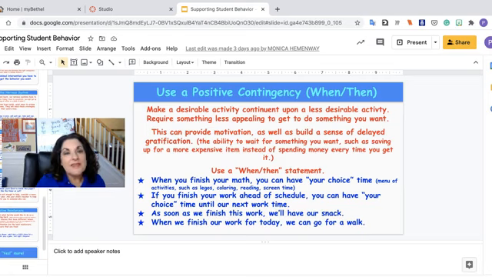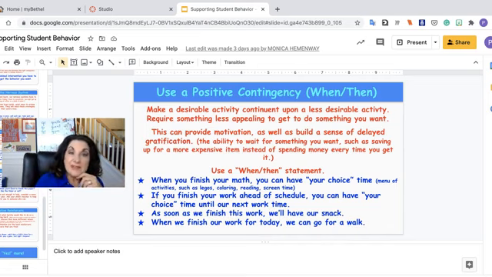So using a when-then statement is a positive contingency. We take something that is very desirable and we make it contingent upon, or depend upon, finishing something that is less desirable. And when you can do that, that is developing delayed gratification. So working hard for an extended period of time so that you get something that is highly desirable to you,